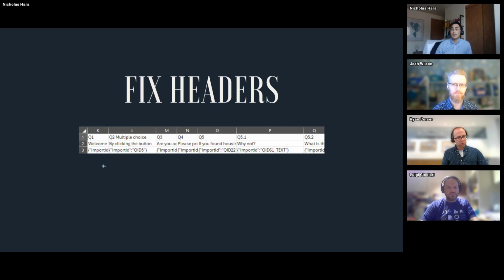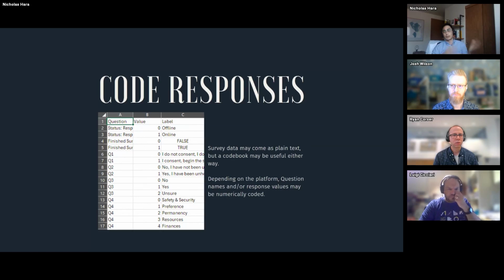So this is a step that, typically I say, go into Tableau Prep and do stuff. This is a step where you might just open up Excel or a spreadsheet program and fix the headers yourself. Change the first row to be the only header row. Merge, in this case, Q1 with the question text, and probably instead of the full question text, which is usually a legible, human readable sentence, you probably just want some sort of abbreviation that you can use in Tableau, with column headers that you understand. And that's where you actually get to this next thing,